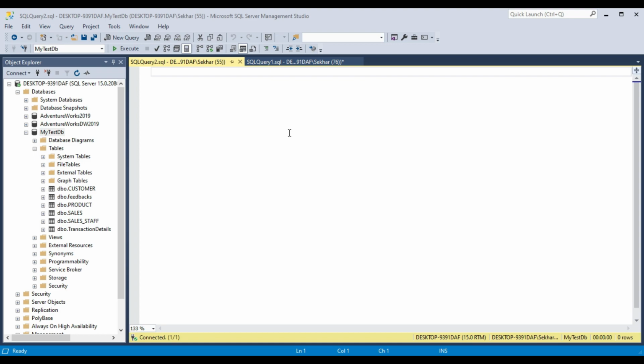So basically, as I said, in a subquery there are two main parts. One is the outer query and the other is the inner query, which we refer to as the subquery. And an inner query can have another inner query. It can be that the inner query has another subquery, and that query has another subquery.